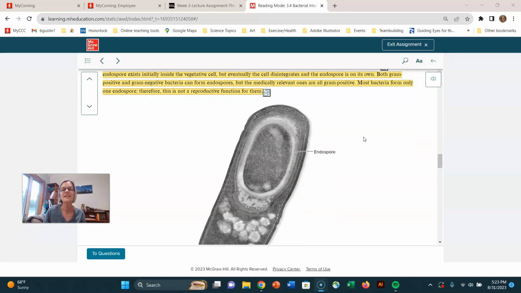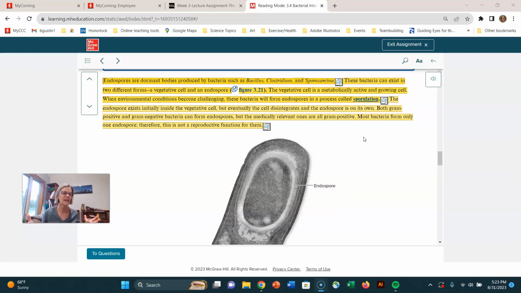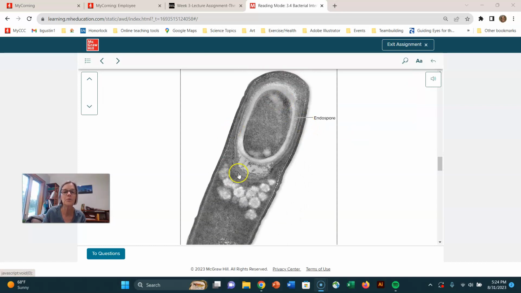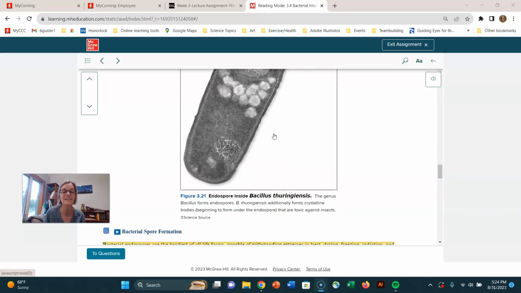So you can think of the endospore kind of like a time capsule around the DNA in the bacterial cell. So this endospore is formed inside the bacterial cell, and all it's doing is saving the DNA. The bacterial cell is no longer metabolically active, and it can just sit there. Now, how long can an endospore just sit there and the bacteria do nothing? It can be days, weeks, months, even